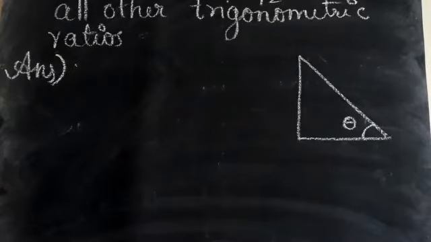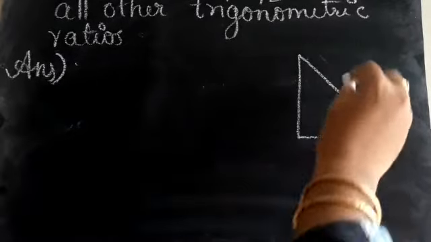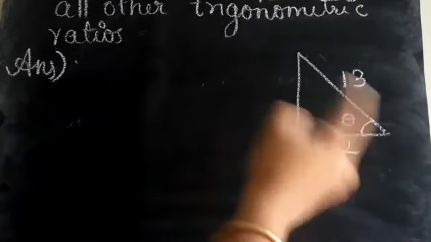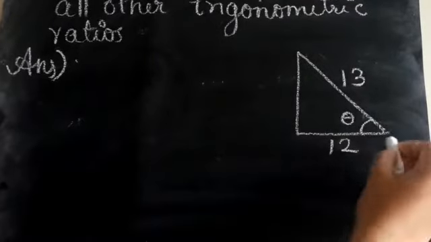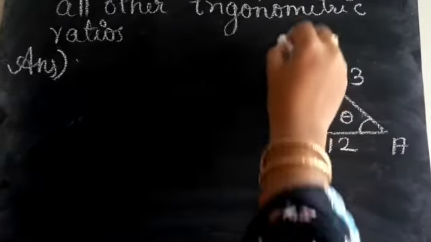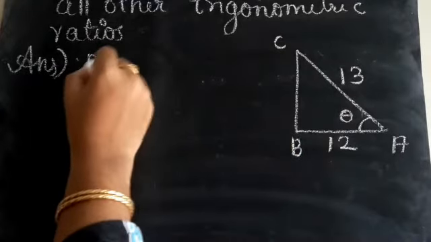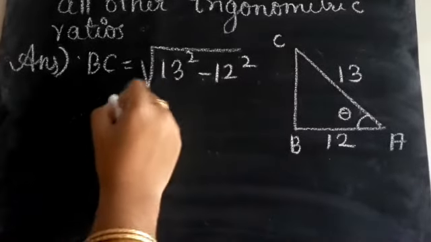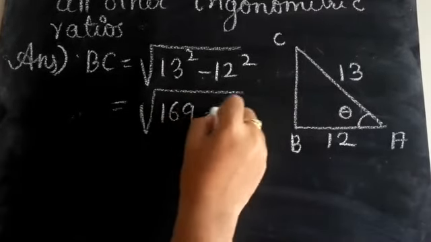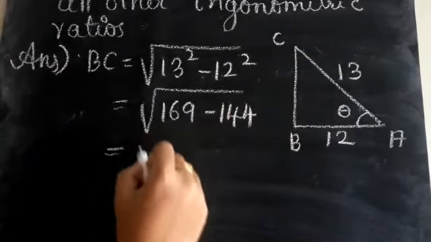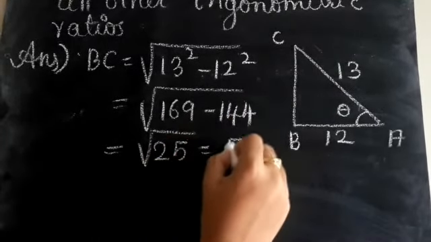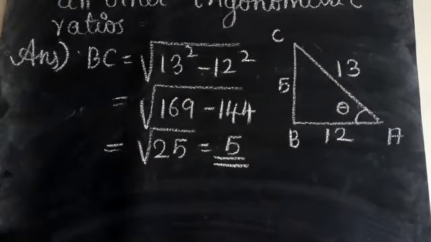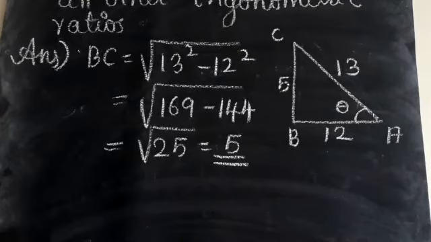And we know that sec meaning what is that? Hypotenuse by adjacent side. So hypotenuse is 13 and the adjacent side is 12. So that one side is remaining. So find out this. So first you can give one name to this triangle. This is ABC. So BC is unknown. So BC is equal to root of 13 square minus 12 square. What is that? 169 minus 144. That is equal to root of 25. What is the answer? It is 5. So what is BC? BC is equal to 5. Isn't it?